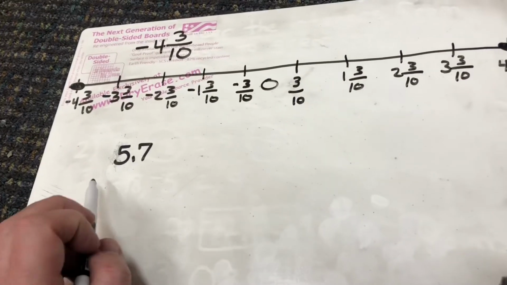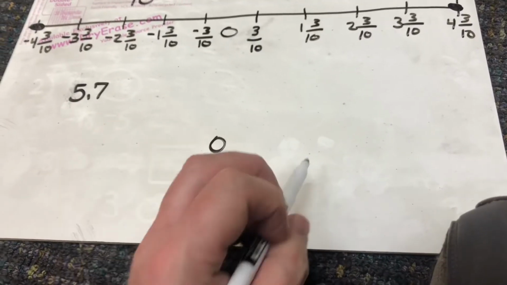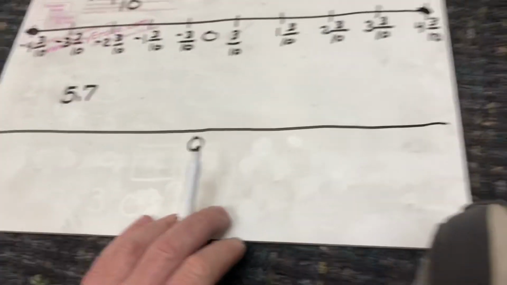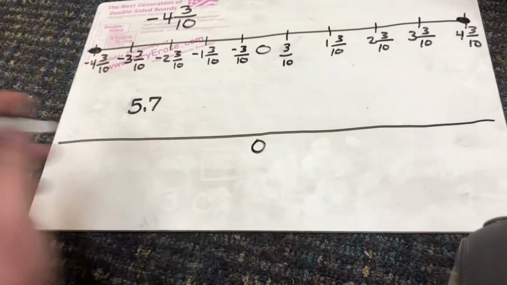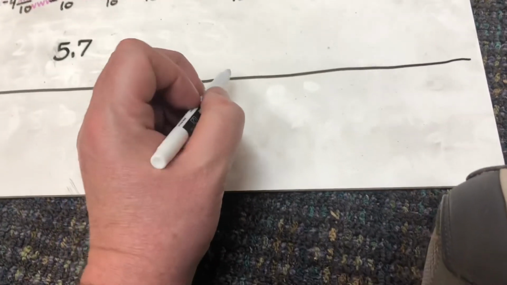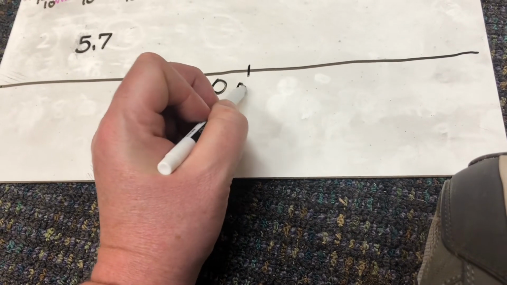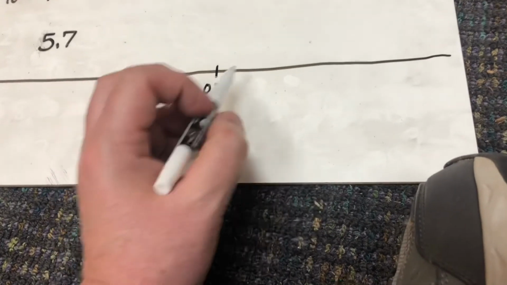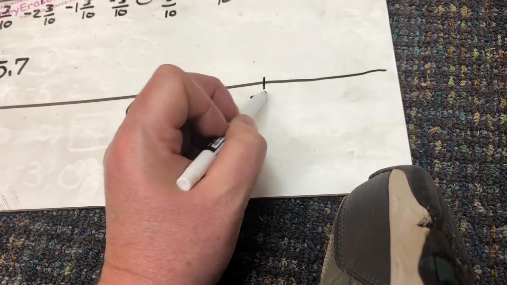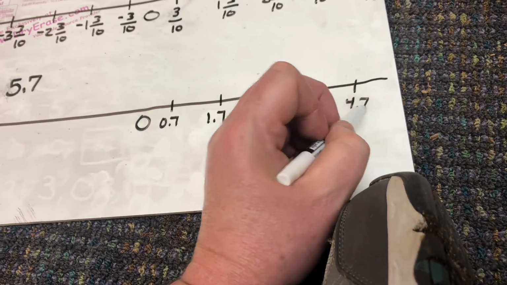All right, this last one, 5.7, 5 and 7/10. Once again, I'm going to start with 0 in the middle. I have that, and it's 5.7. So I'm going to get it a little closer, and I'm going to start with 0.7. Then I'll space it out a little farther: 1.7 or 1 and 7/10, 2 and 7/10, 3 and 7/10, 4 and 7/10,